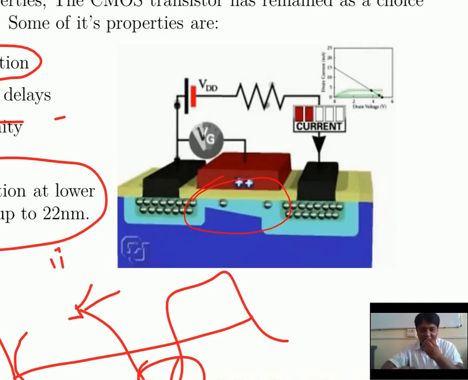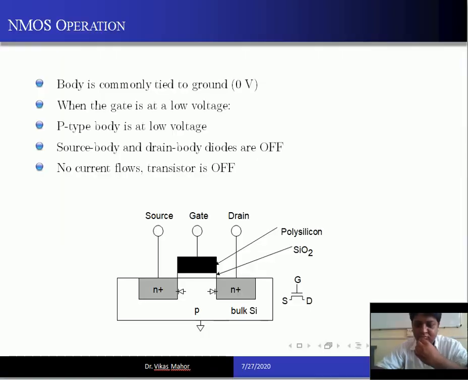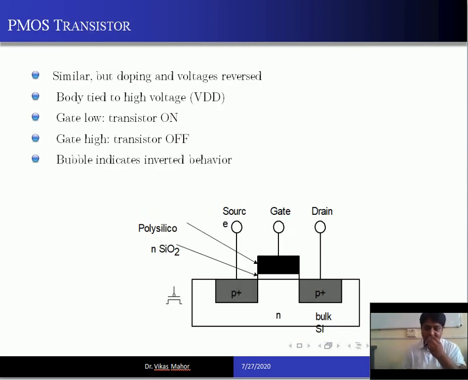Let's move forward. We'll see PMOS also. So this was NMOS, and the conduction for PMOS is similar. So this is how the NMOS operates. You remember the terminology: source, drain, gate, the p-type substrate, and a channel which is formed beneath the silicon oxide. How the channel is formed, I've already told you. Let us take the PMOS. PMOS is just opposite to NMOS.